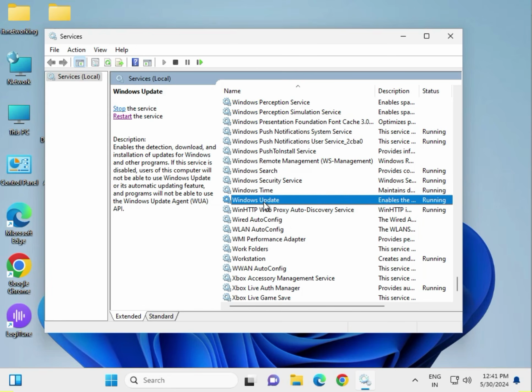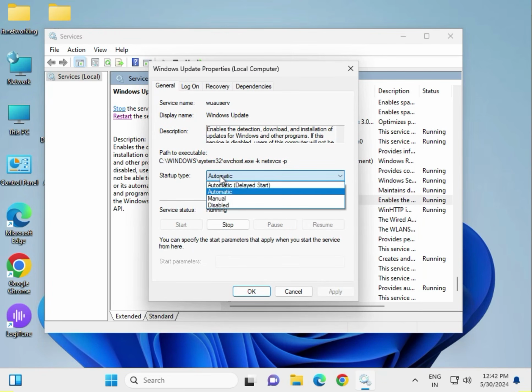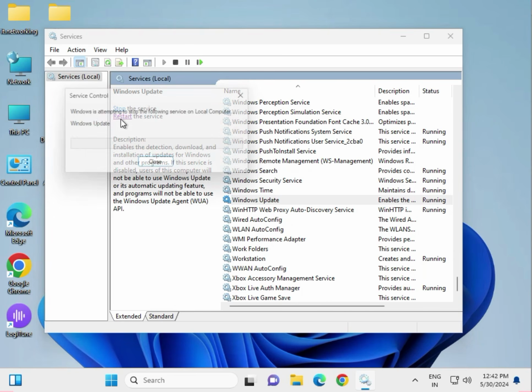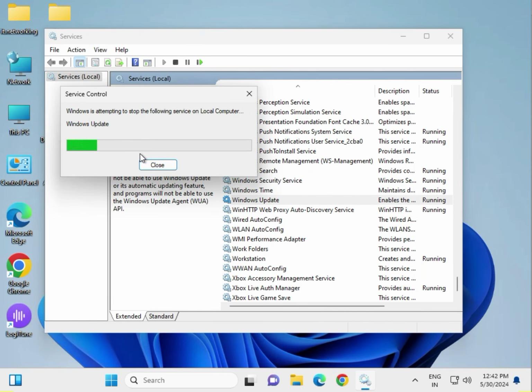This is Windows Update. Double click to open, and if it is disabled or manual, please select automatic. Okay, then Apply, and if it is not started, click Start, then OK, and then again select the Windows Update and then click Restart,